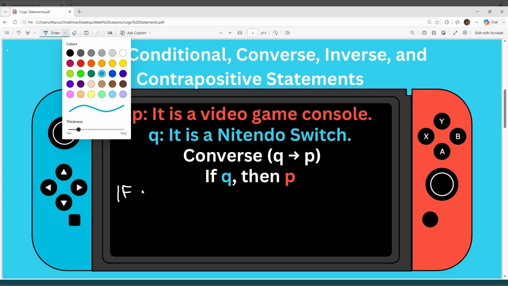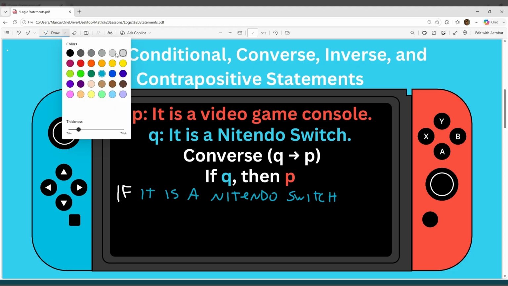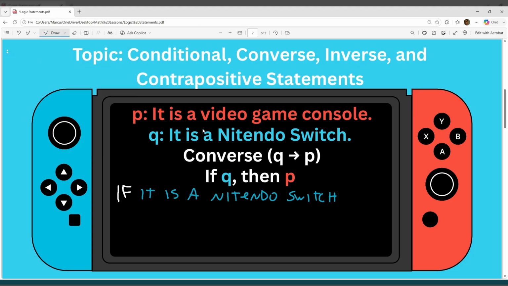So if it is a Nintendo Switch, and then let's switch colors. Comma. Then